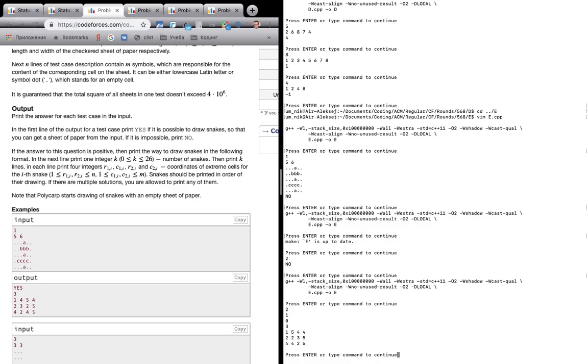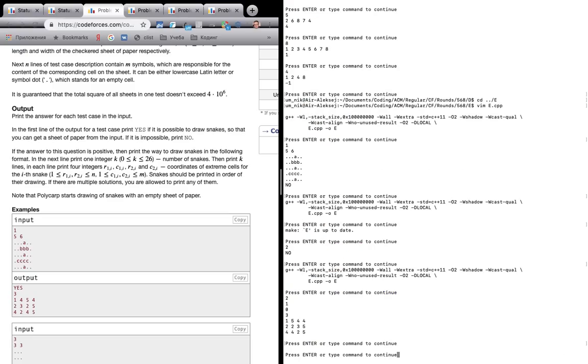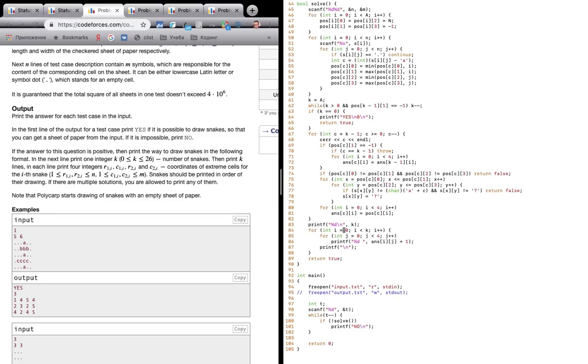Well, this is insane. I think I'm printing something wrong. How can it? Oh,